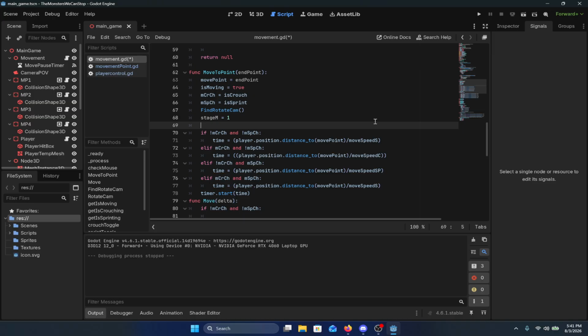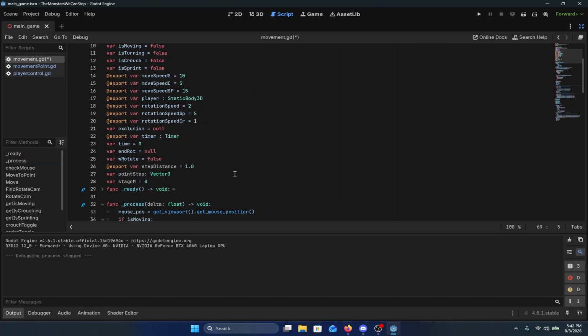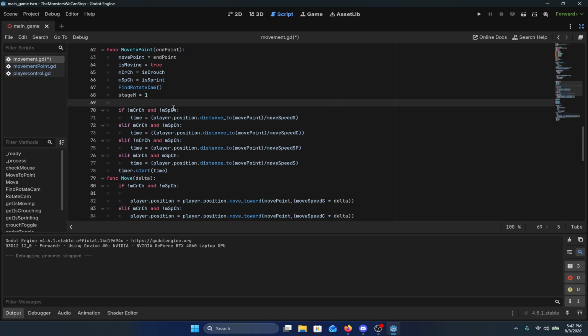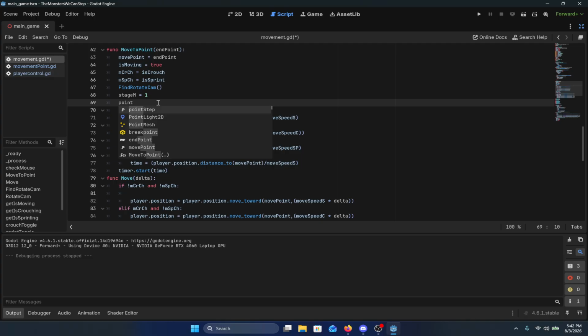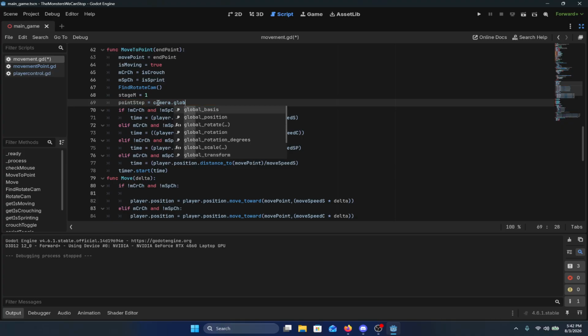And what is the other one I set called again? And point step is equal to camera dot global position plus